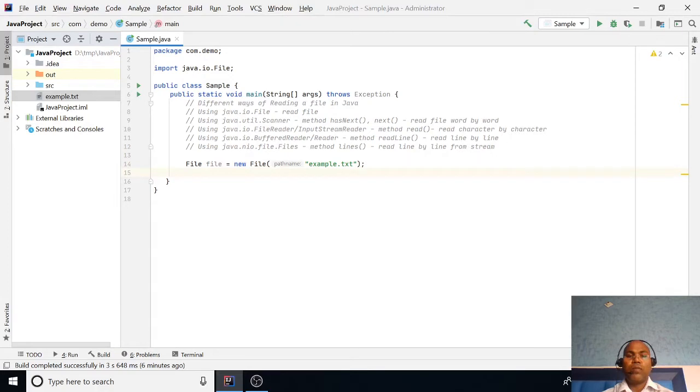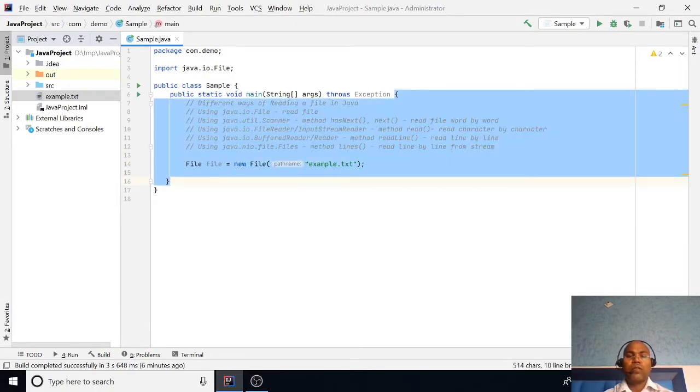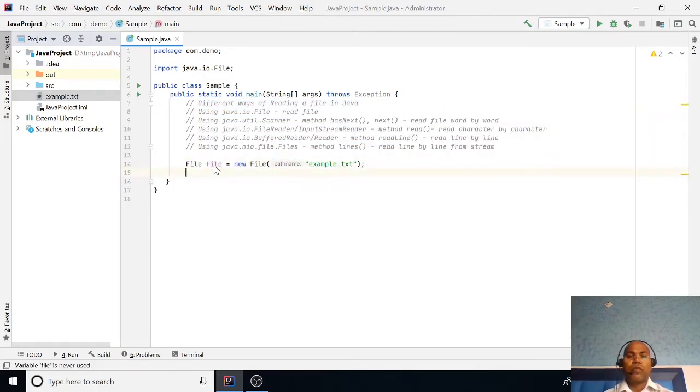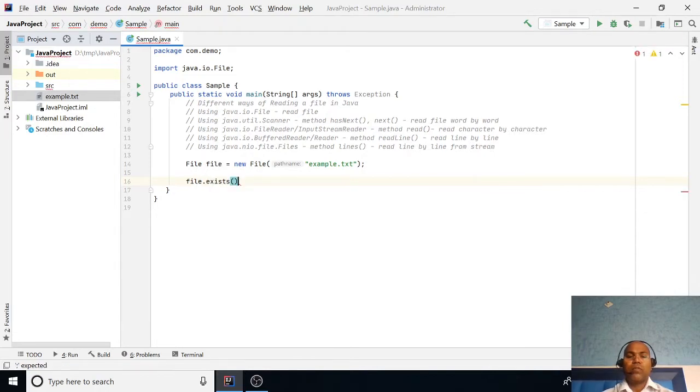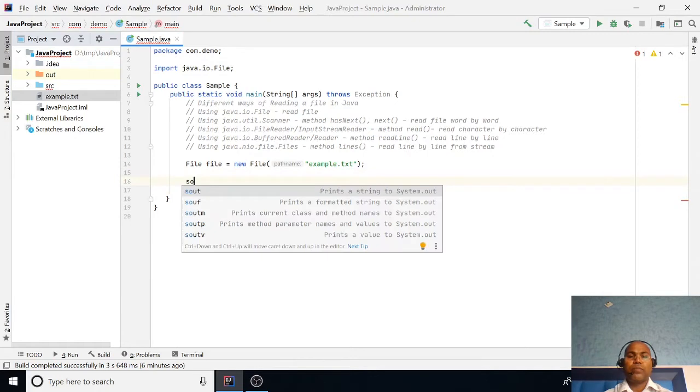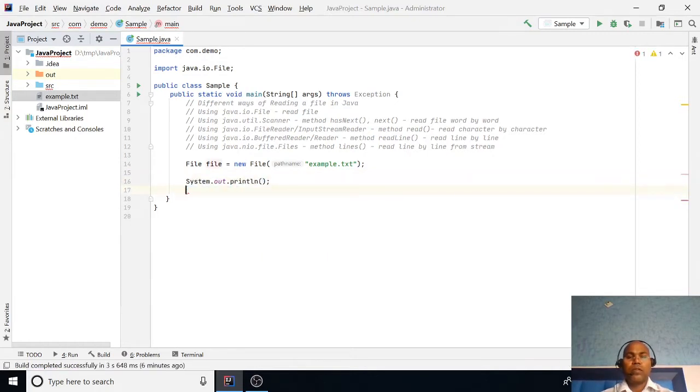So we have a function, file.exists, which tells whether it exists or not, or you can simply put it in a SOP and just run and check whether our file exists or not.